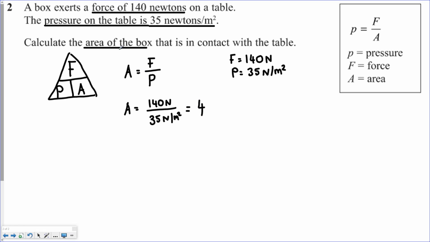Now we want to know the area. So area is squared. What that means is area is measured in centimeters squared, meters squared, etc. The units we're going to use is going to be meters squared, because the pressure was measured in newtons per meter squared, and because the force is in newtons, we can simply just write 4 meters squared, and that will